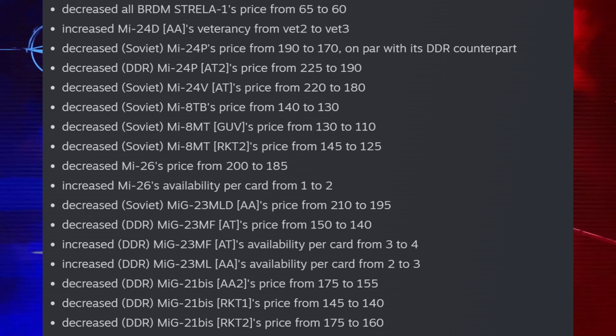decreased the Soviet Mi-8 TB price from 140 to 130, decreased the Soviet Mi-8 MT Gov's price from 130 to 110, decreased the Soviet Mi-8 MT Rocket 2 price from 145 to 125, decreased the Mi-26 price from 200 to 185, increased the Mi-26 availability per card from 1 to 2, decreased the Soviet MiG-23 MLDAA's price from 210 to 195,